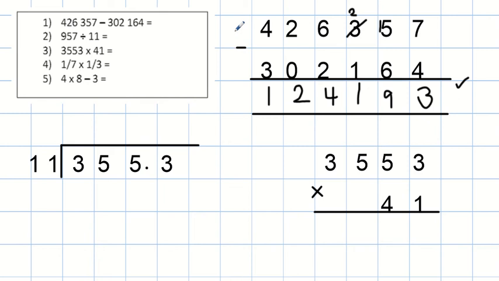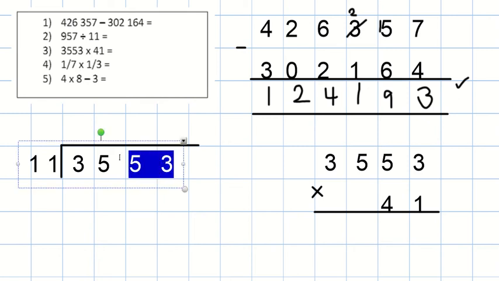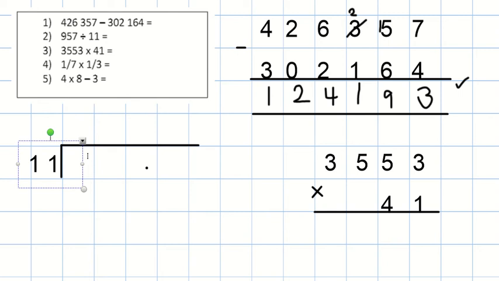Oh, I've copied down the wrong number. I was just looking at that thinking, where's that come from? I've copied down the number from question 3. Let's just correct that before we continue. We'll have been big old people, won't we, Year 6? Okay, so question number 2 then is